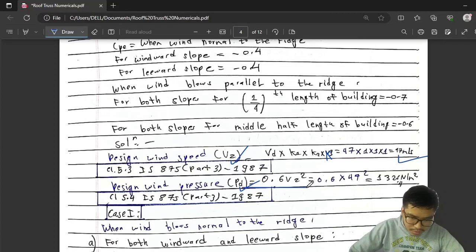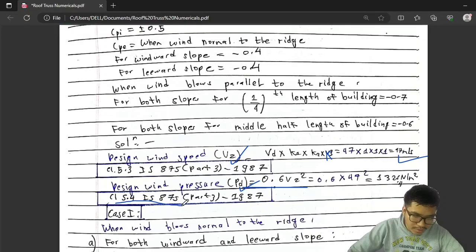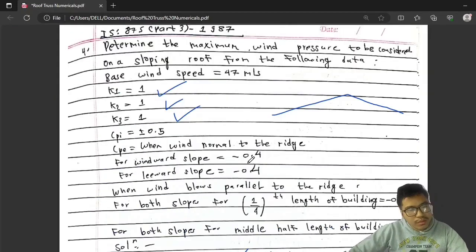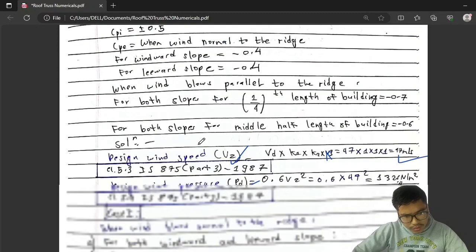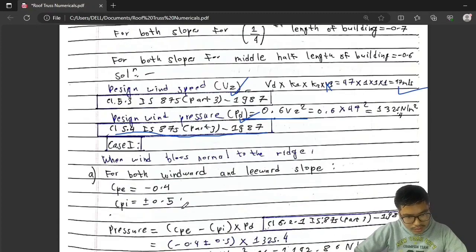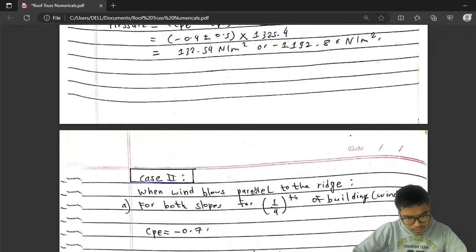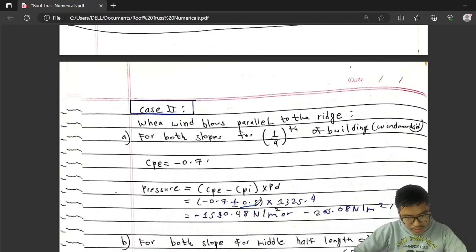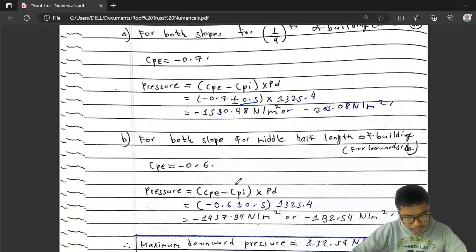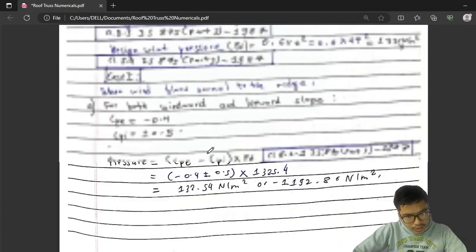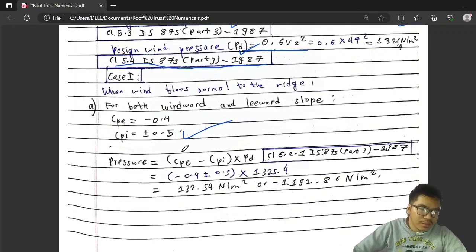And this formula is also given in clause 5.4 of IS 875 part 3 1987. Cpi is plus minus 0.5 for all cases. And the value of Cpe is